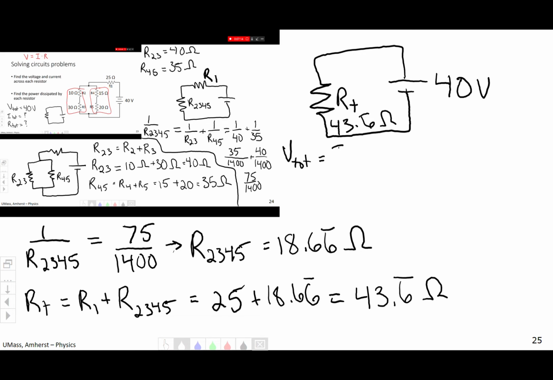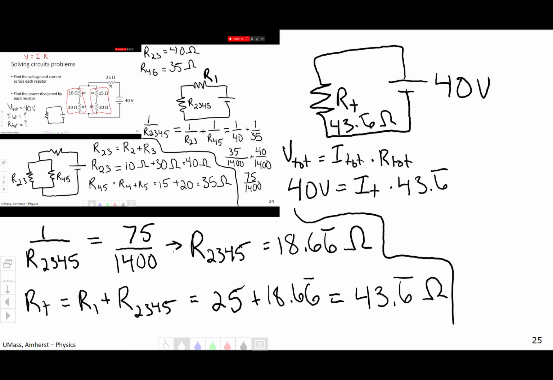The total voltage is the total current multiplied by the total resistance. So we have 40 volts equals total current times 43.6. And that means that the total current through the circuit